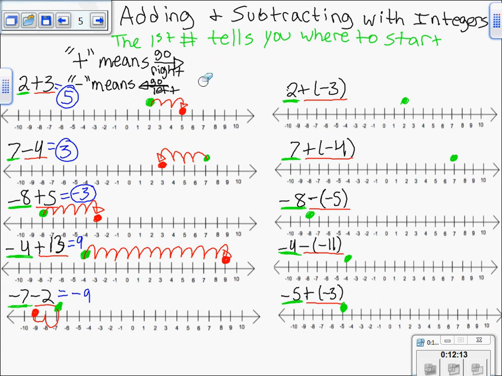So that brings me to my next point. We practiced what to do with just adding and subtracting when the second number didn't have a negative sign in front of it. But over here, we're going to talk about what to do when the second number has a negative sign. So here's what you need to know. If the second number is a negative, and it'll be clearly identified by saying -2 or 4 plus -5. The second number will clearly be labeled with a negative sign, usually with the parentheses. So if the second number is a negative,